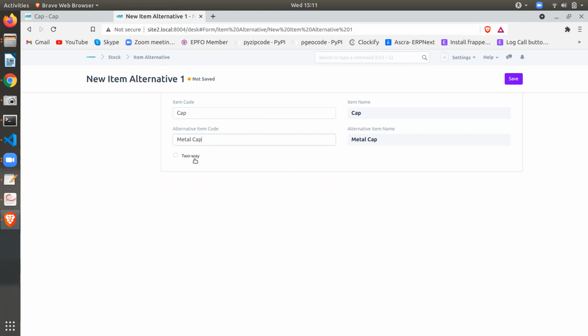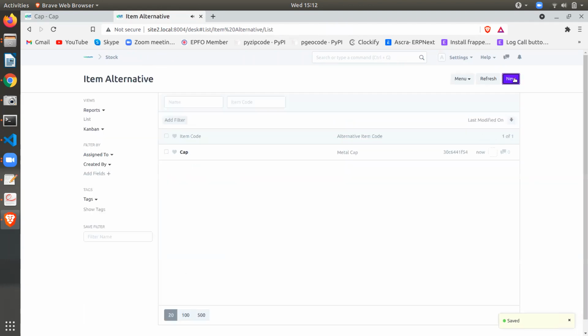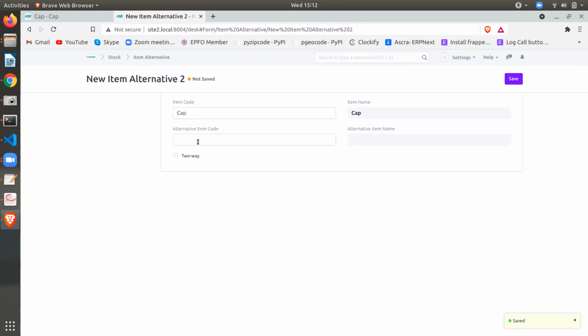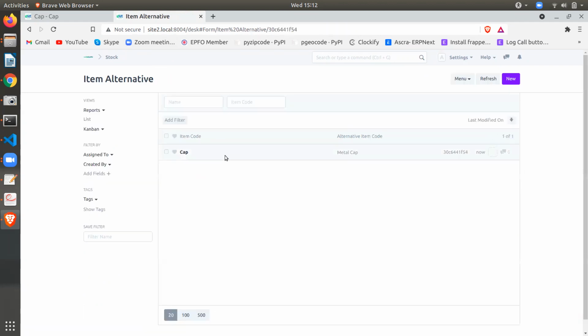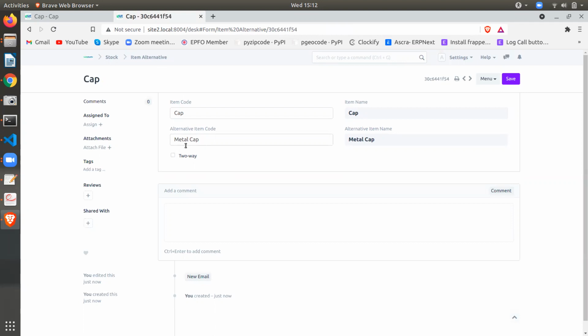If we need more than one alternative, we need to create one more record with cap and some other item. So we can have multiple alternate items for a single common item. Now we have created it only for this metal cap.